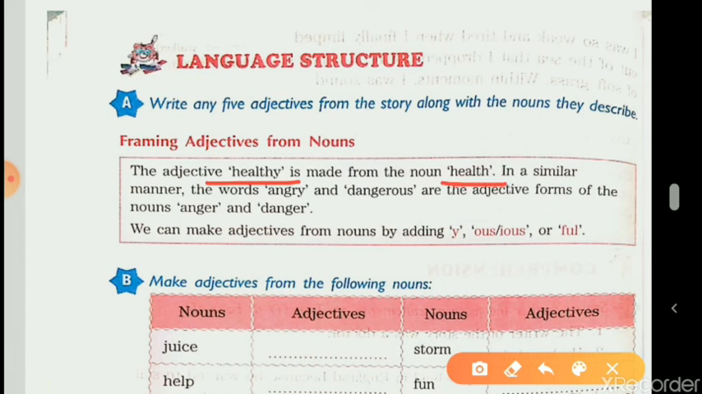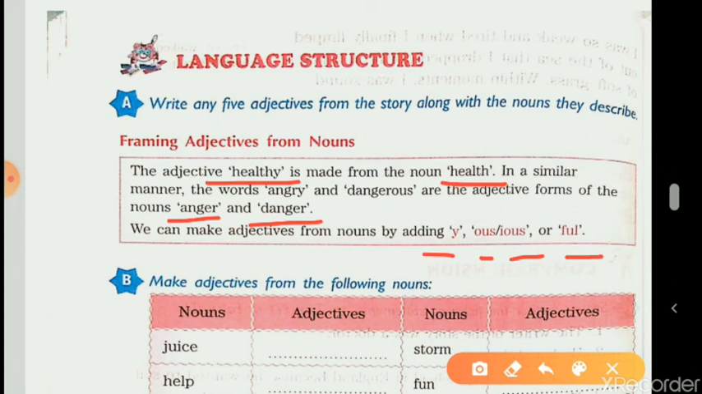Adjective healthy. In a similar manner, the words angry and dangerous are the adjective forms of the nouns anger and danger. अब बेटा angry और dangerous ये भी adjective हैं जो किस word से बने हैं? Angry anger से बना है and dangerous is formed from the word danger. Now we can make adjectives from nouns by adding Y, OUS, IOUS और FUL. बेटा अब ये एक्सरसाइज में हम will learn कि हम adjectives कैसे बना सकते हैं nouns में